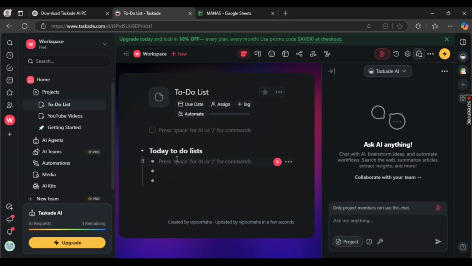Now instead of writing it manually, on the right side right here, you can see AI, or you can just go to AI agents too right here. So on the right side right here, you can type in,